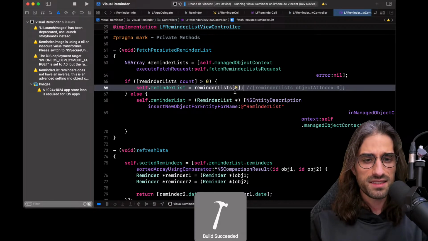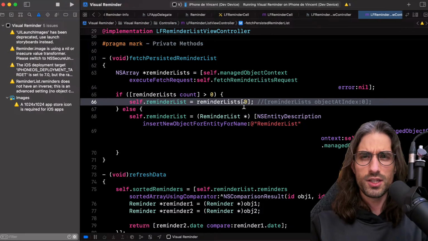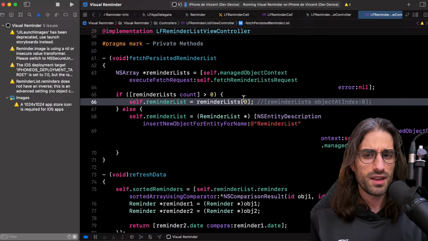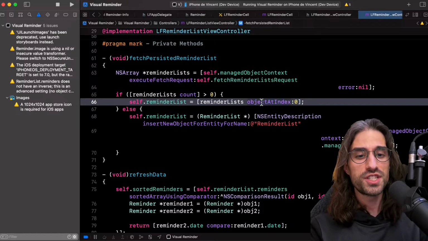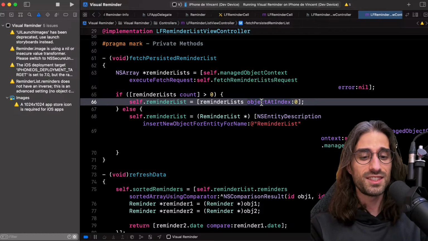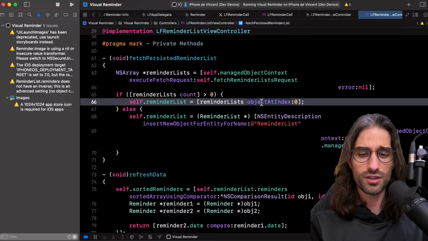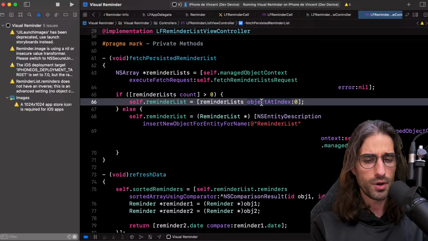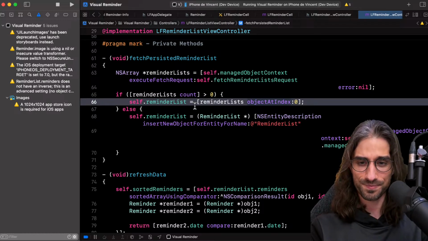They added that syntax, but I think it was in iOS 6. It still builds, but by force of habit, I didn't use it. But before iOS 6, you had to do objectAtIndex or valueForKey, and this is what gave Objective-C its reputation of being a very verbose language.